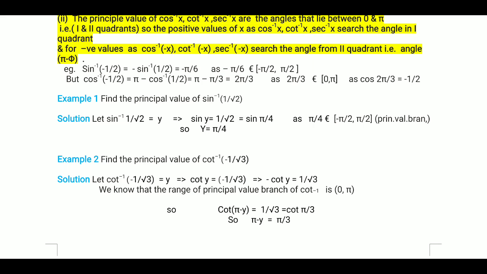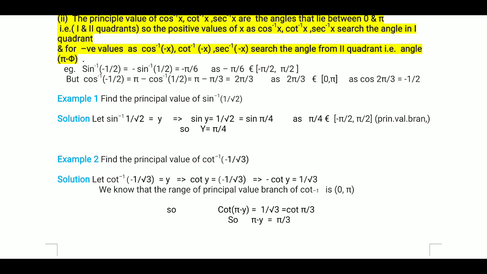Suppose cot inverse of minus 1 by root 3 is y. So cot y is equal to minus 1 by root 3, so minus cot y is equal to 1 by root 3. We know that the range of the principal value branch of cot inverse is 0 to pi. So minus cot y will be written as cot of pi minus y, which is equal to 1 by root 3, and that is